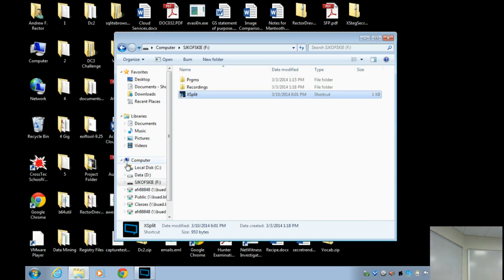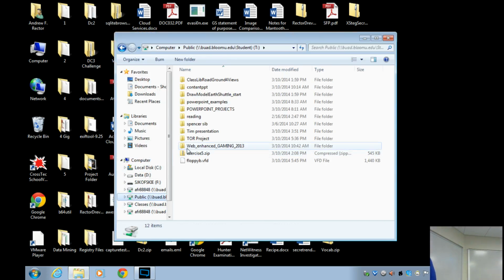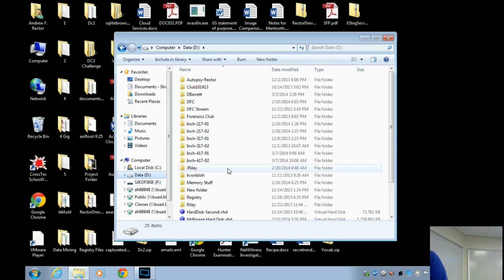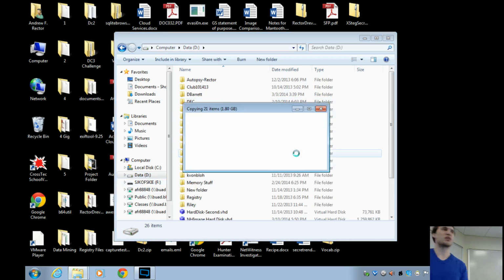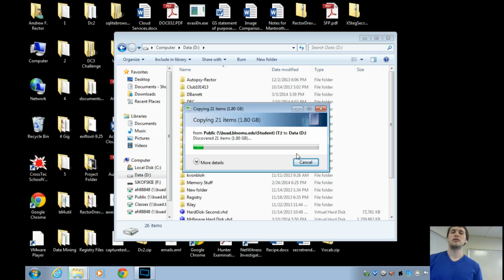So on the T drive, there is a folder called Tor Project. Just copy that whole folder, and then I'm going to copy it to the D drive. I would recommend copying it to the D drive as well. We're going to have to go through some loops and hurdles a little bit to get this thing going. First thing, within that folder, there's a